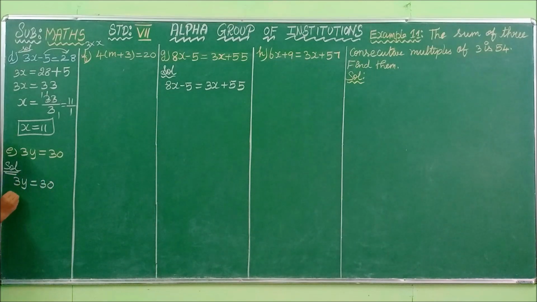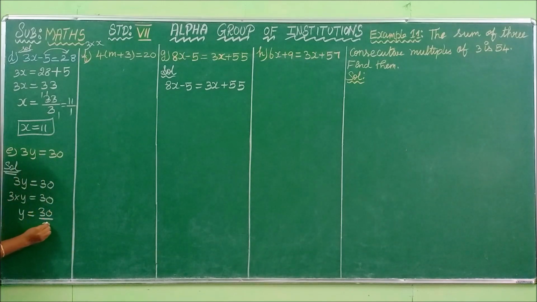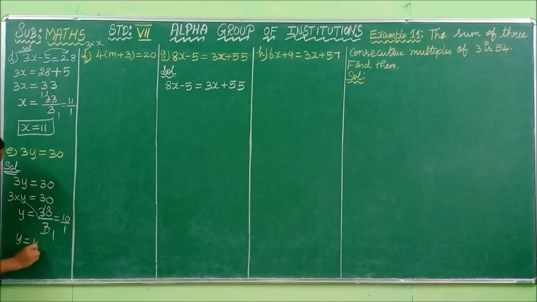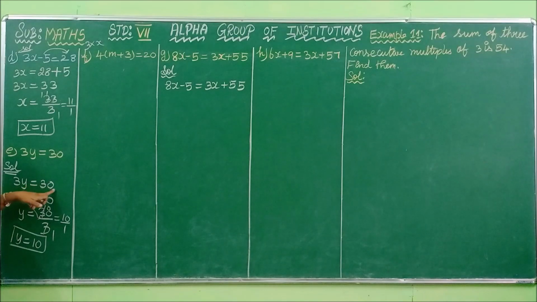It is the operation of multiplication with y. So multiplication becomes division here. So y equals, in order to find the value of y, we are bringing the 3 from LHS to RHS. So y equals 30 by 3. Here the multiplication is reversed as division. We understand that. Therefore y equals 3 into 1 is 3, 3 into 1 is 3, add the 0, 10. Thus 10 by 1, so you write it as 10. Thus the value of y is 10. That is, what should be multiplied with y to get 30? Yes, 10. It is very easy.